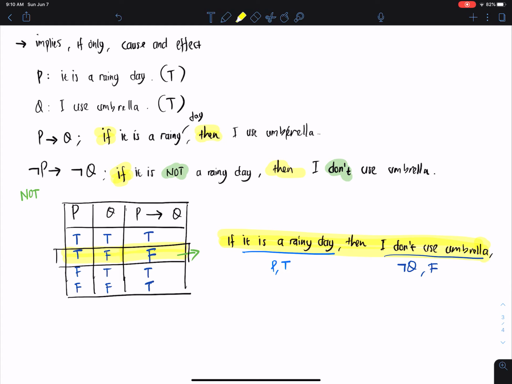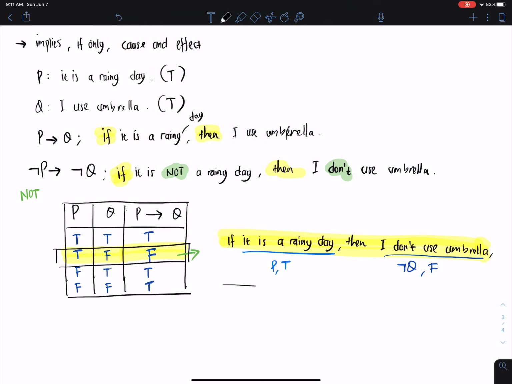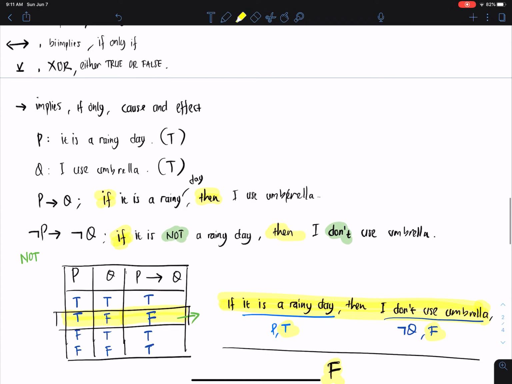So that is why in implies rules, this is called false, as in the second row. So first statement true, second statement false, the result is false. This is the easiest way that I can explain to you to understand about implies. Okay. So the next one,